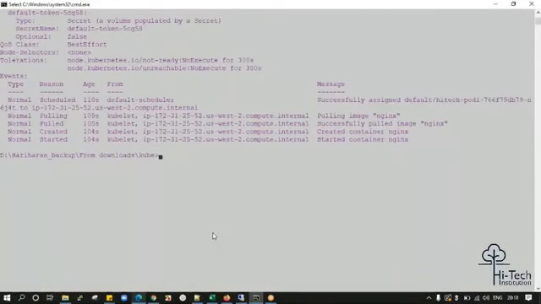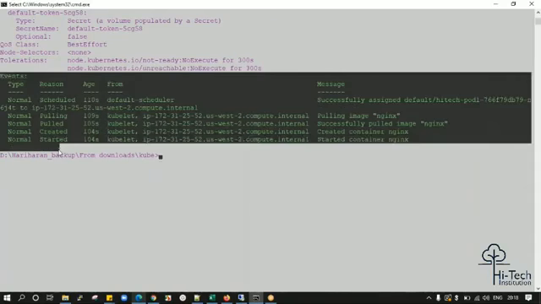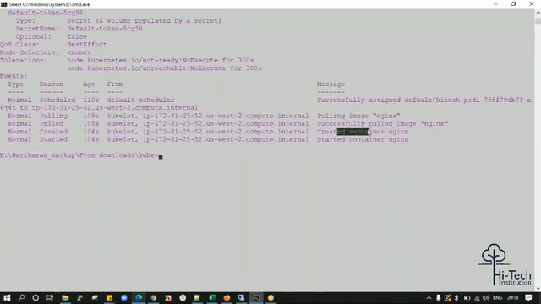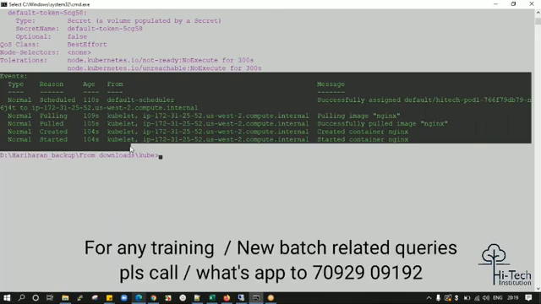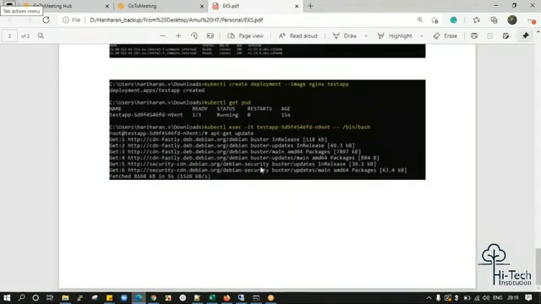And there are some inbuilt details. See here, in events you can find the logs of what things are going on. It's explained step by step: pulled the image, successfully pulled, created the container, started the container. All these messages you can find over here. So basically, these events are useful for troubleshooting. It's literally a log. Here we'll manage the logs and get the log-related information. Okay, fine. Up to now, I think